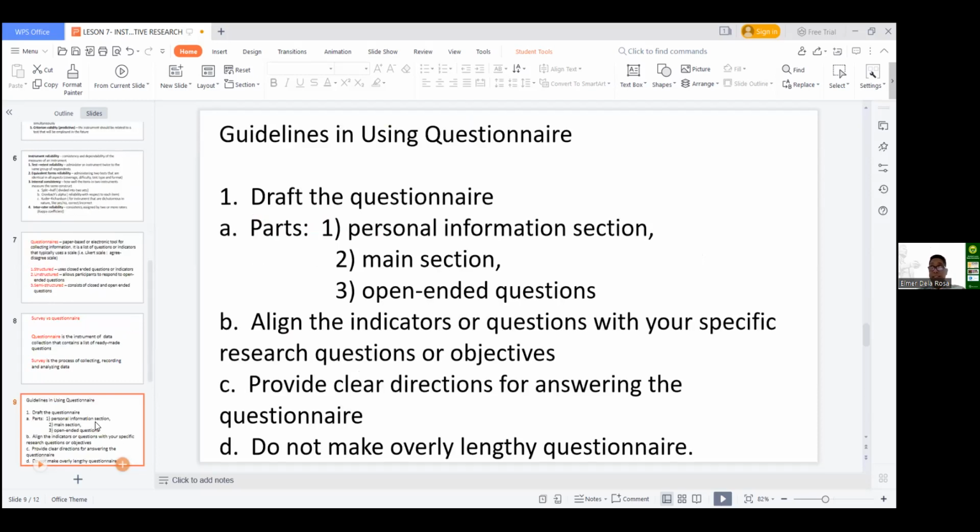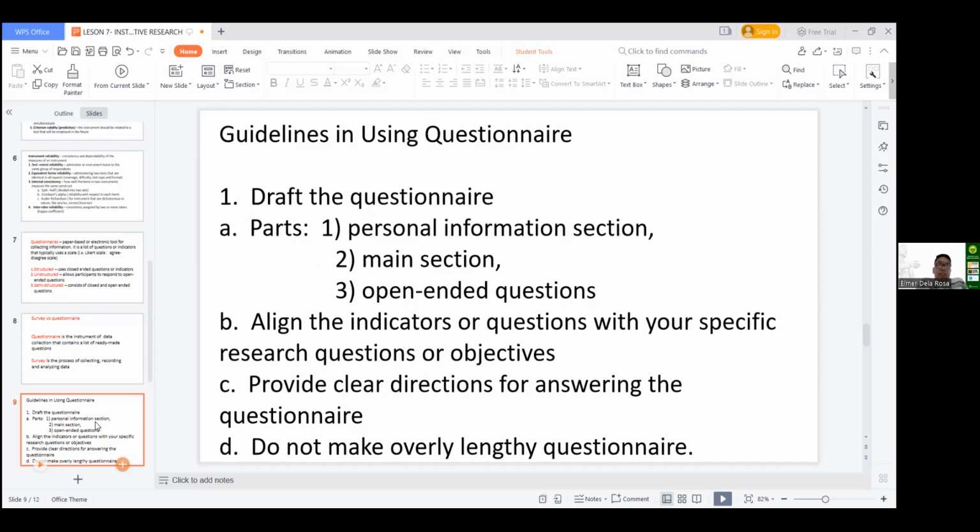I have 3 slides left, and these are just general guidelines in using questionnaire. So for researchers like you, beginners or non-beginners or expert, you always draft the questionnaire to begin with. So the parts include the following: